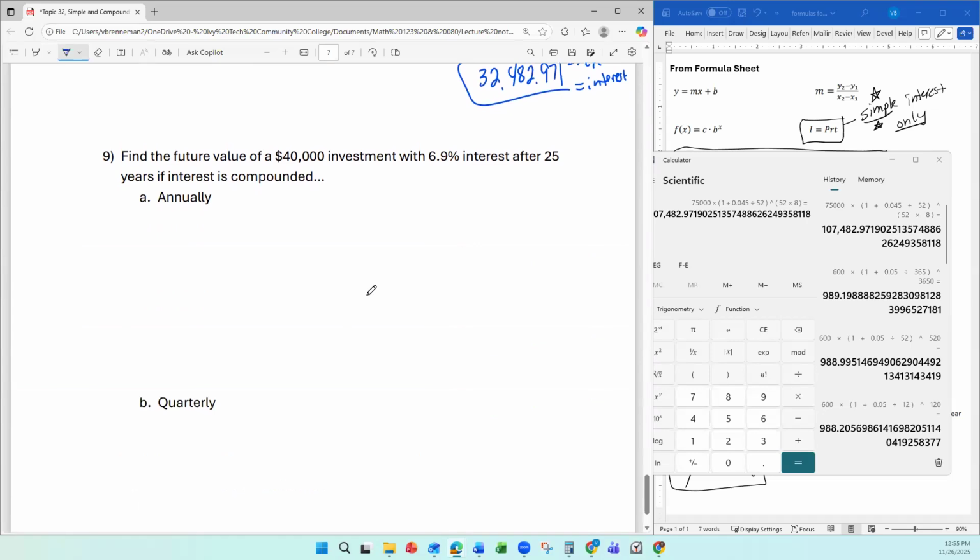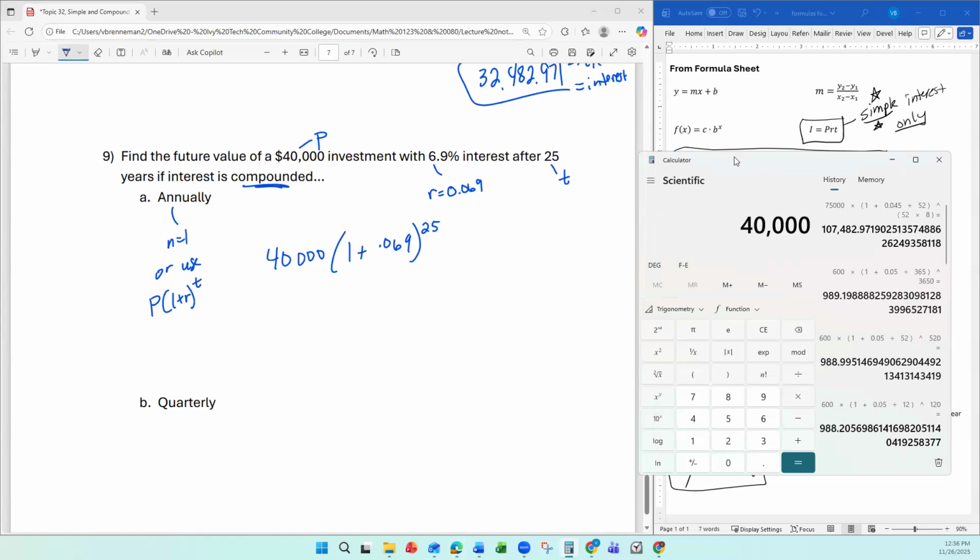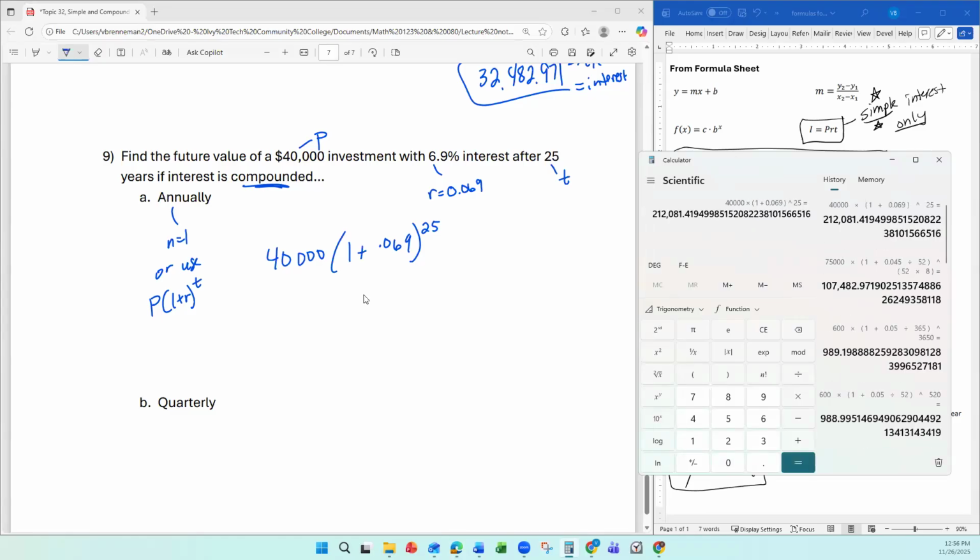Then number 9, finding the future value of $40,000 investment, 6.9% interest after 25 years, interest compounded annually. You could do n equals 1 or use P times 1 plus r to the t without the n. So 40,000 times 1 plus 0.069 to the 25th power. 40,000 times parentheses 1 plus 0.069 and parentheses to the 25th power. 212,